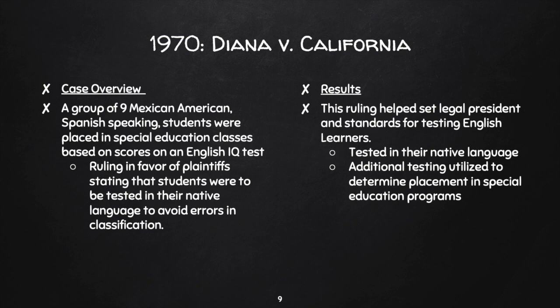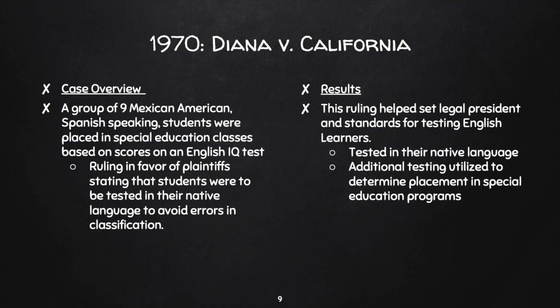Now, at the time, just like with bilingual education, we have to remember that with special education, it was still developing. So when we're talking about special education classes, it's not what special education classes look like today. Back in the 70s, special education classes really housed all students with special needs. So you may have had dyslexic students, and then students with just minor cognitive disabilities, and then all the way to students with like cerebral palsy and severe cognitive and physical disabilities. So everybody was in the same room.